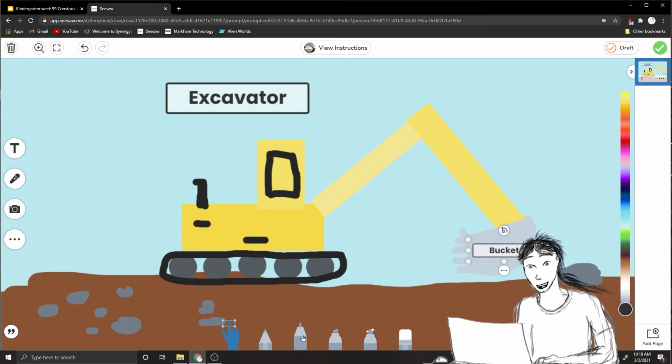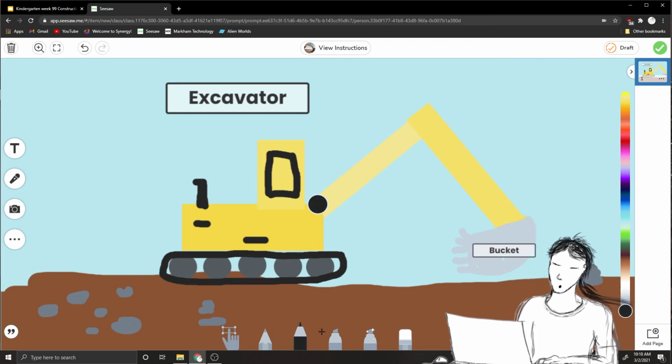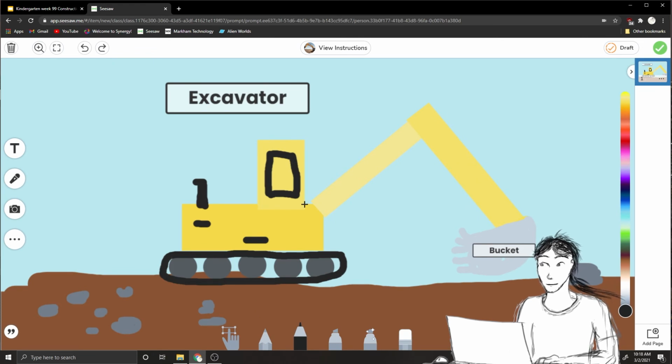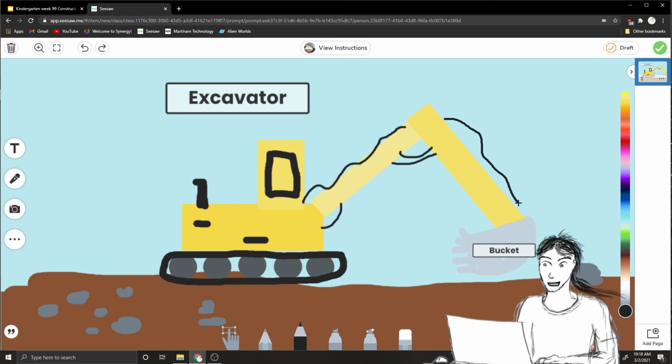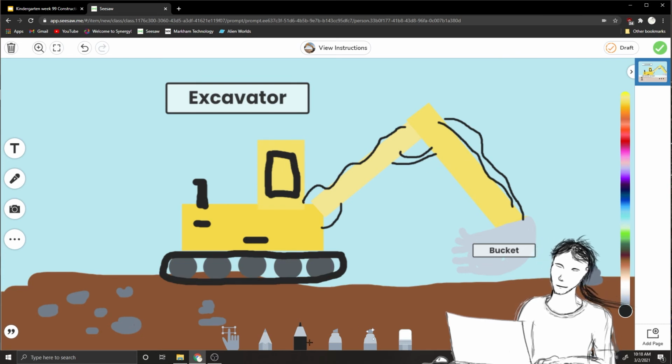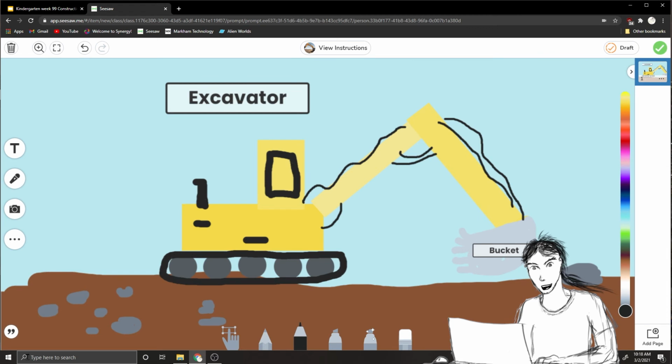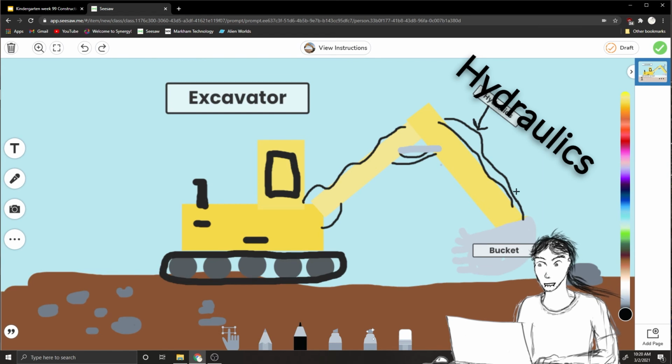What if I add a little bit more details, okay? What if I add some of those cool things we learned about? The hydraulics, okay? The hydraulics are tubes that connect the arms and all the big moving parts. They connect them with smaller tubes going into larger tubes, okay? And the smaller tubes, of course, multiply the force, and that's why these construction vehicles can dig so much and move so much with so much power. So the hydraulics is this whole system of these little tubes and these hydraulic metal rams, and that's what makes the construction vehicles be able to move.